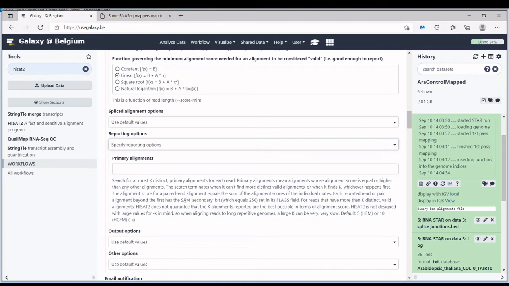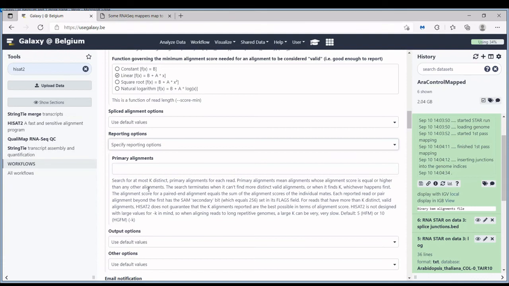And primary alignments mean that from all the alignments for that read, the primary alignments are the ones that have the highest alignment score. So you can have one alignment with the highest score, then you have one primary alignment. You can have multiple with the same highest score, and then you have multiple primary alignments. So this parameter here allows you to set a maximum for this. It will define the maximum number of distinct primary alignments that are reported for each read.